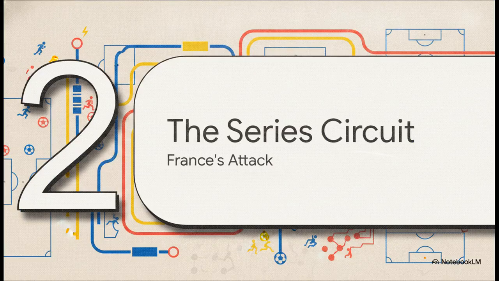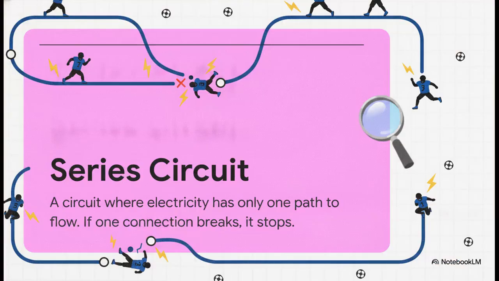Moving right along to Section 2, France and the series circuit. Let's apply these principles directly to France's structural setup. France built their attack exactly like a series circuit. By definition, a series circuit is an electrical setup where electricity has only one single path to flow. It's a linear journey. Because all the components are connected in one straight line, if a single connection breaks anywhere along that line, the entire circuit instantly stops functioning. On the pitch, this meant France was heavily reliant on a single, predictable attacking pathway. They continually tried to funnel the ball down the left channel, forcing absolutely everything through one specific tactical route